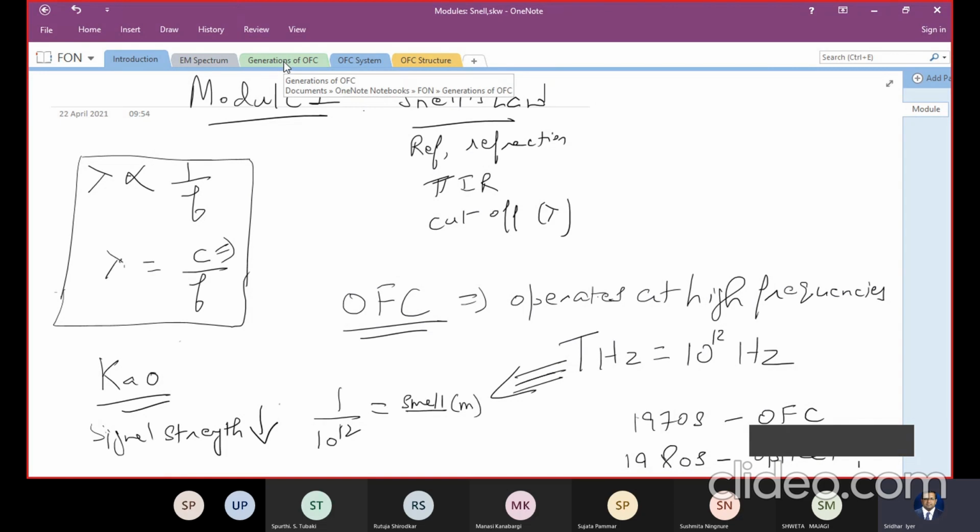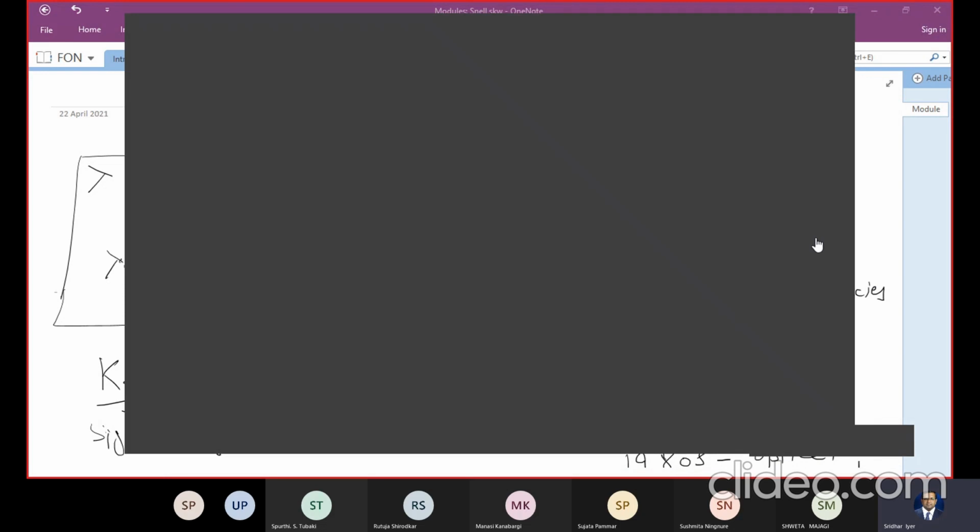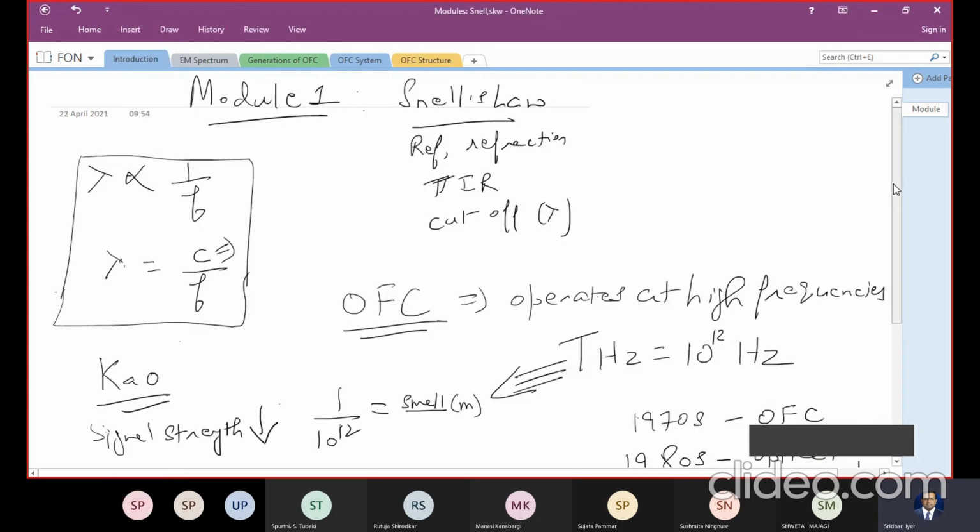So today the aim is to look at the block diagram of an optical fiber communication system, followed by the structure of the optical fiber, what exactly the optical fiber looks like. Like I said yesterday, you would have seen an optical fiber in the ADC lab in the 7th semester, where you were communicating using an optical fiber. It looks like a thick black wire. The one that you used in the lab is a plastic optical fiber. We wish to see how exactly the structure would look, and then we'll move to the types and working and so on in the next lectures, right?